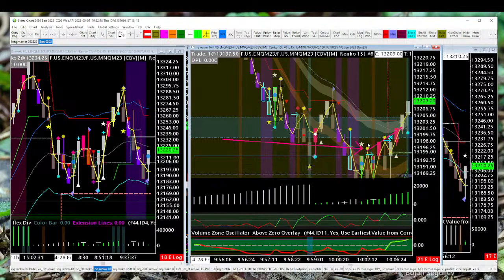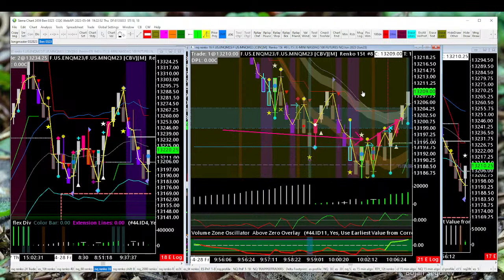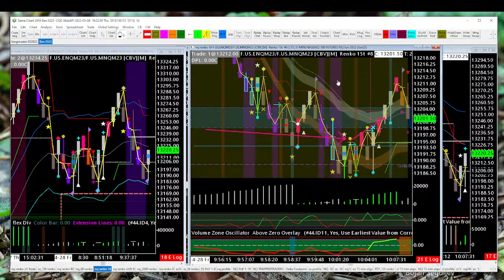Like most likely, as long as I keep going higher, any dips can be bought. As long as this low holds, the dips and the trap back ends and stars and stuff should probably be bought. So I don't really want to be aggressively shorting this,